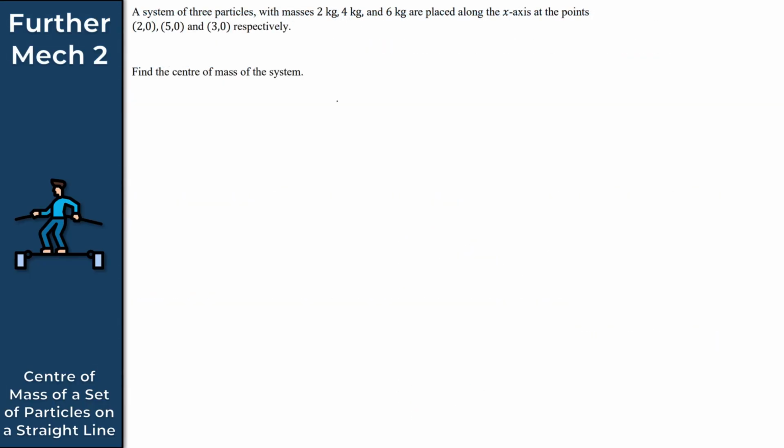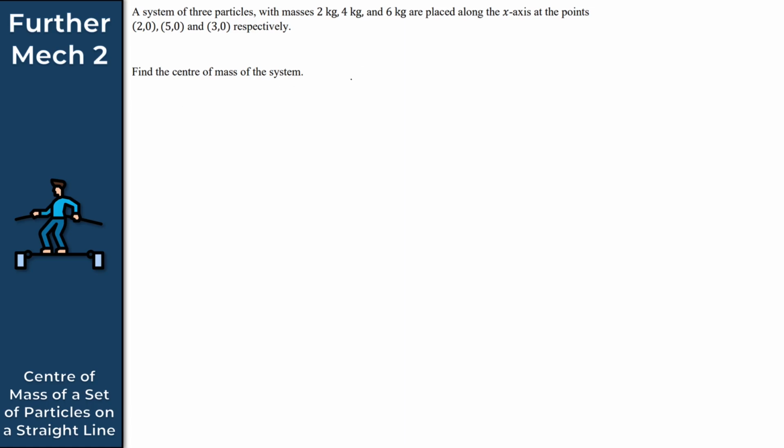So let's just get started then with this practice question here. Now for this question, what we've got here is a system of 3 particles with these masses here. So 2 kg, 4 kg, and 6 kg. And they're placed on the x-axis at these points here. So (2, 0), (5, 0), and (3, 0) respectively. Now for this question then, all we want to do here is to find the center of mass of the